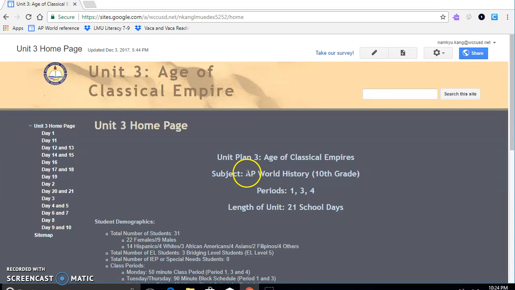I do teach AP World History, so my unit is content heavy with a lot of emphasis on writing assignments and classroom discussions. Through writing assignments and classroom discussions, I hope to push my students' critical thinking and metacognitive skills. I really want them to understand how to gather data, take that data and structure it in a way that is organized, and present it in a manner that is acceptable to the people who are listening and hearing about the information.